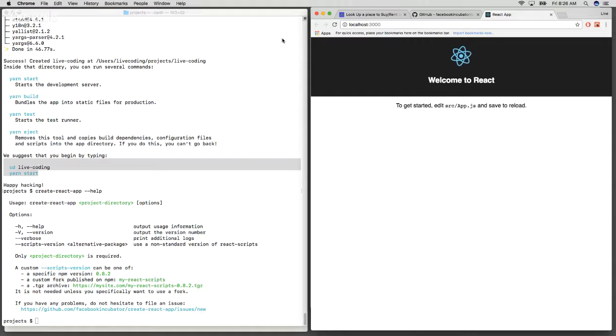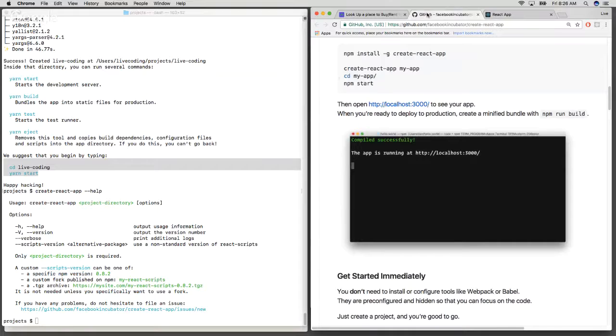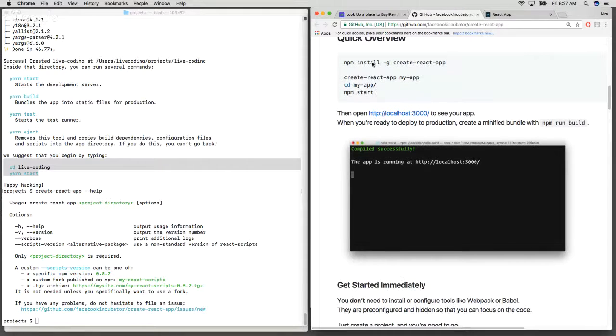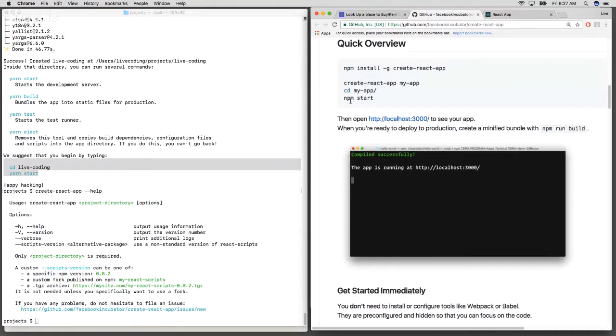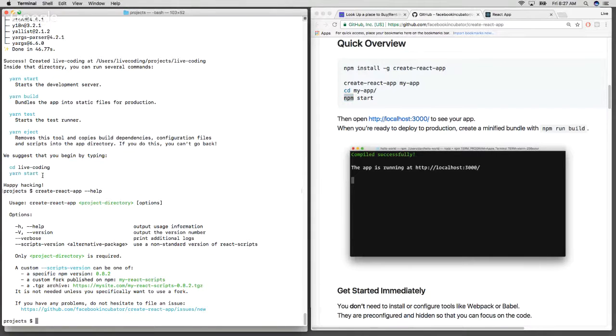And let me go back to the commands. So we did the quick overview. Oh, I can do an npm start also, huh? But here they're recommending yarn start instead of npm start. So anyway, I did the yarn start because I think